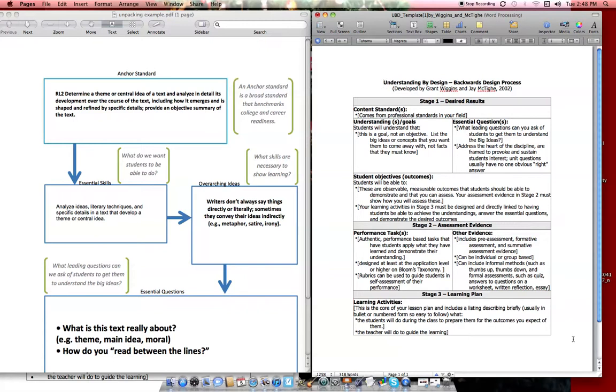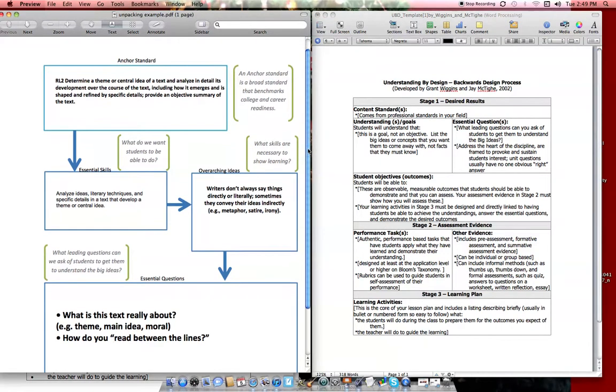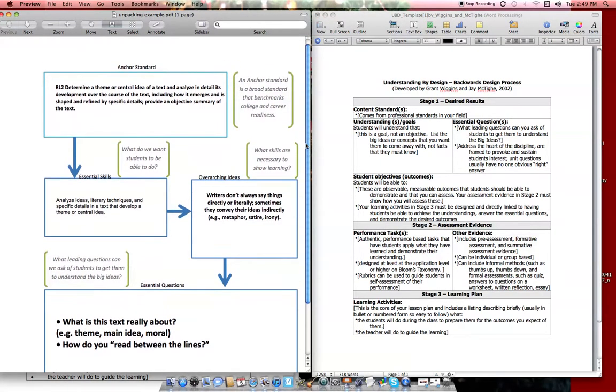I held on to this because, well, it rocks. It was the first real concept of how to develop a lesson that I thought made sense, because it seemed like it was just going nowhere, and this helped me. So I modified some things a little bit, at least the ideas of it, to really fit together. So we have this original handout, which we talked about in a previous video, where we have the anchor